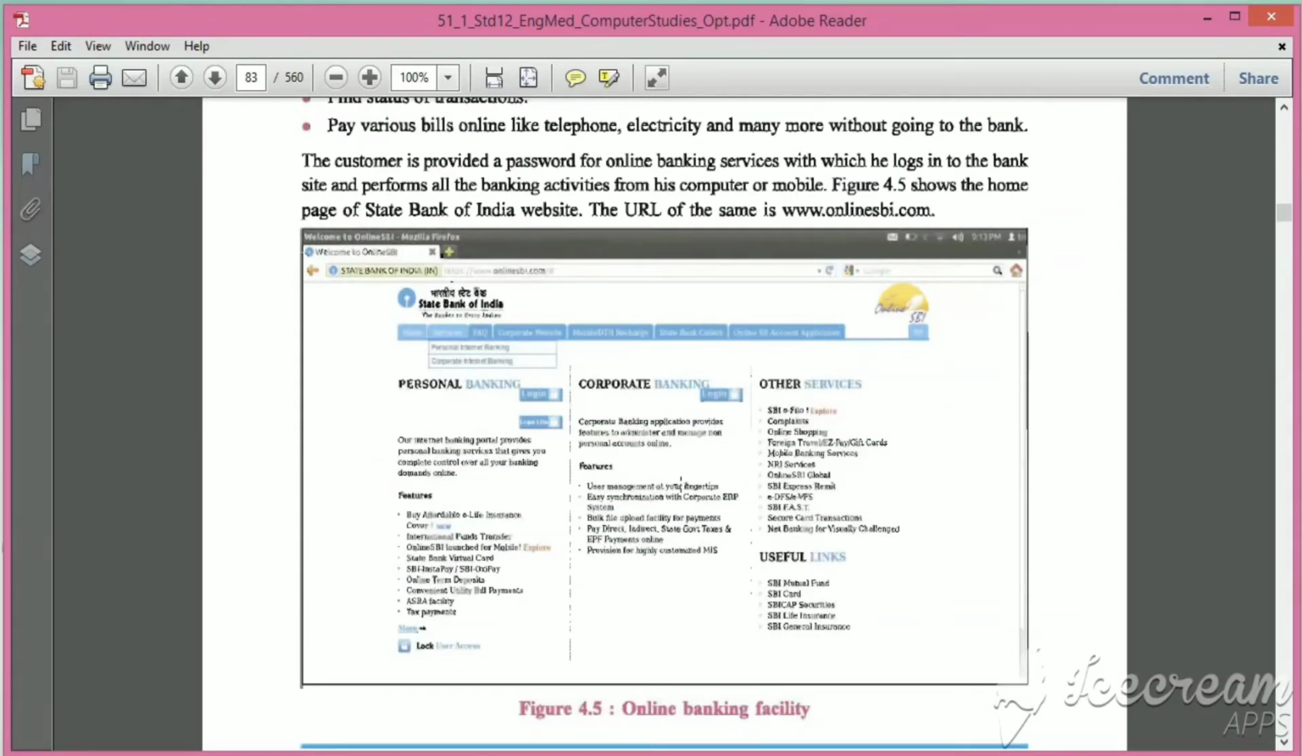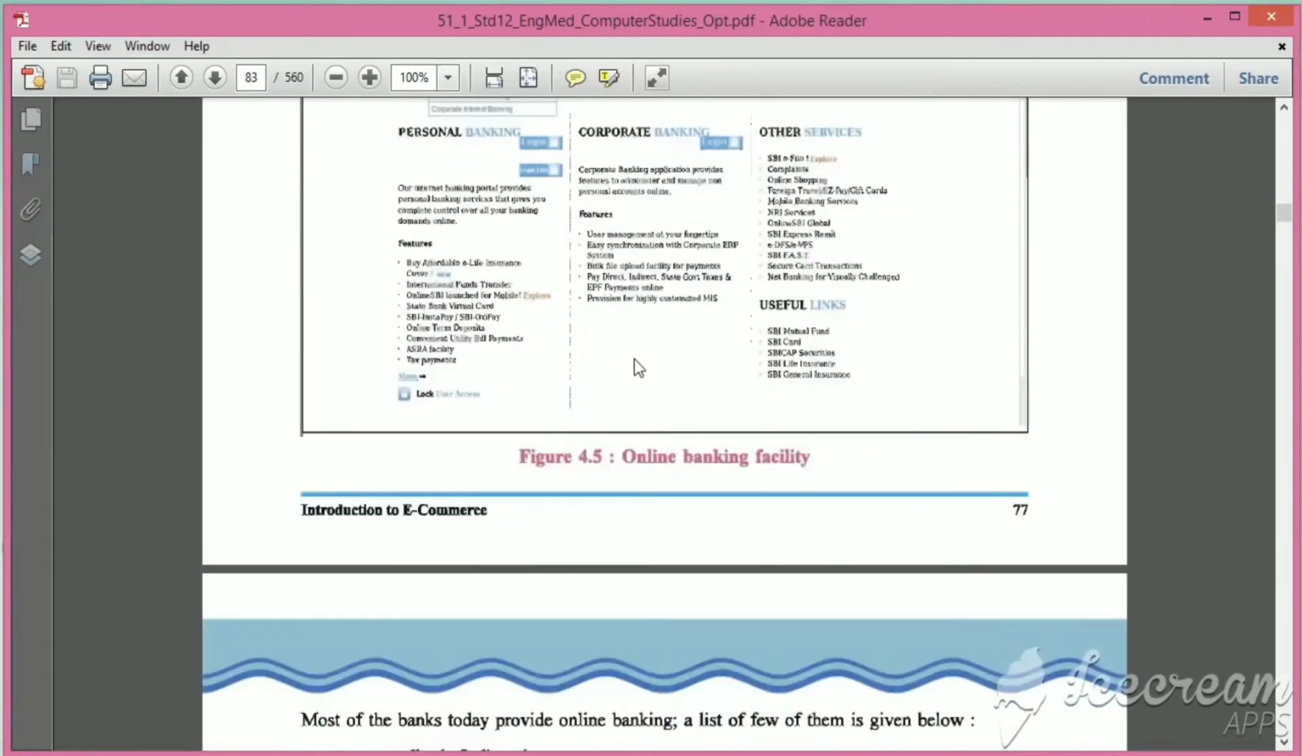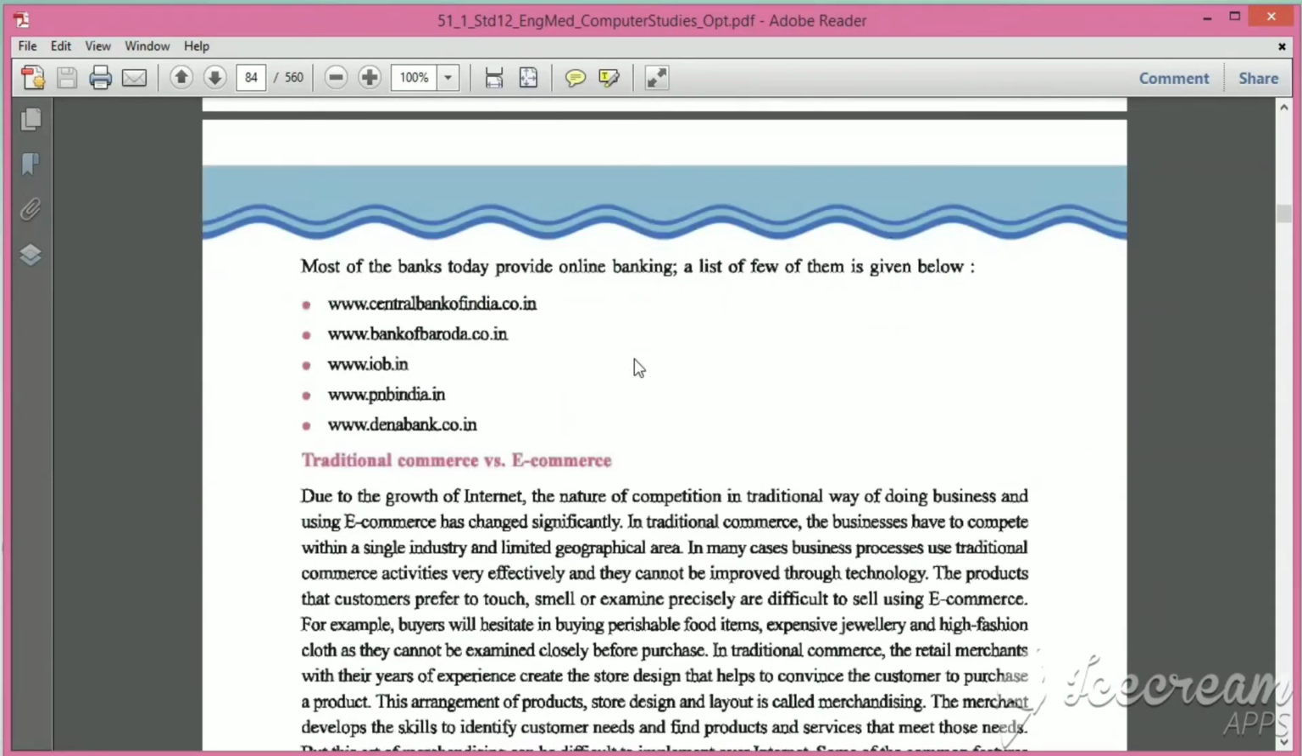Here they give the example of State Bank of India. The first page of State Bank of India you can see in this way. The website of this most popular bank in India is www.onlinesbi.com. This is the most popular bank in India. The other banks that provide online banking are listed below: centralbankofindia.co.in, bankofbaroda.co.in, Indian Overseas Bank, Punjab National Bank and